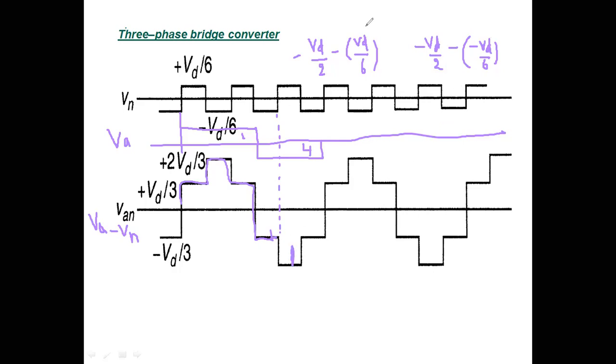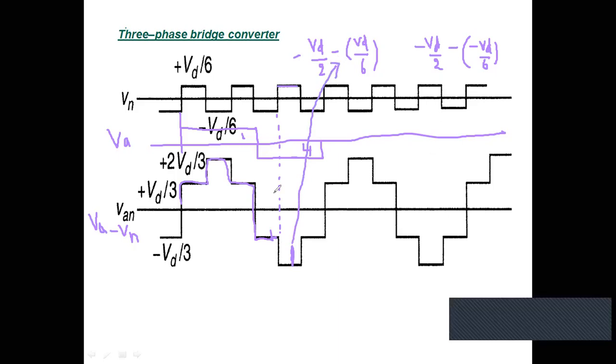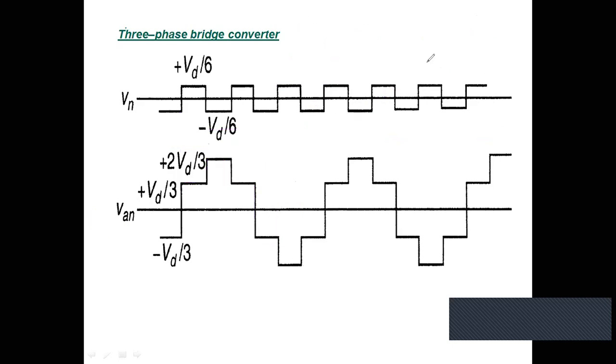So here for this portion, you can see that this is negative minus of Vd by 6, so both will be negative, it will be added up. So for this one, both will be added up, you will get this one. For this portion, you have this one. So you will have less than Vd by 2, because this becomes negative positive, so that it will be less than minus Vd by 2.